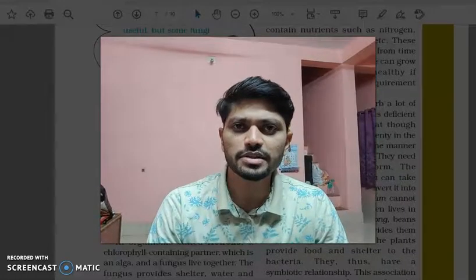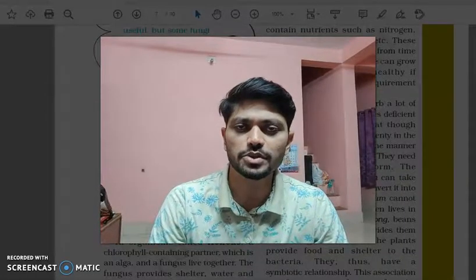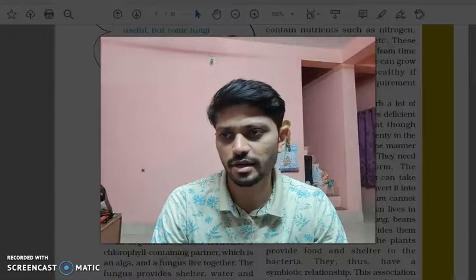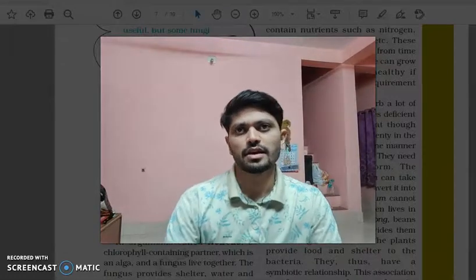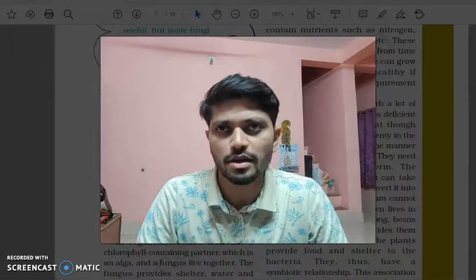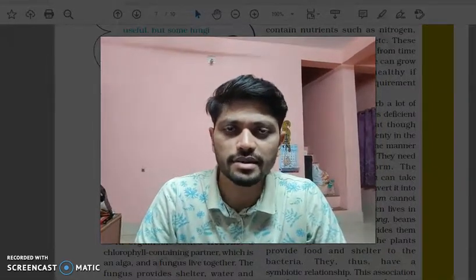So that's pretty much it for the types of living organisms, or types of plants getting nutrients. We also have an important definition for symbiosis. So what happens is at certain times